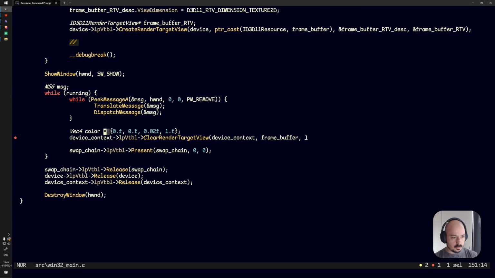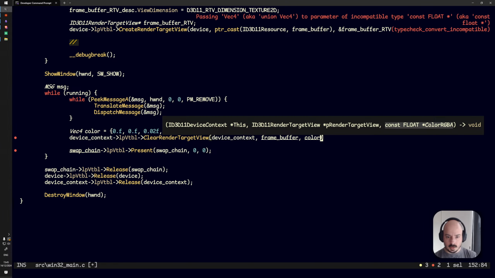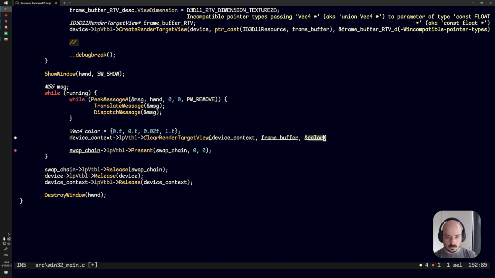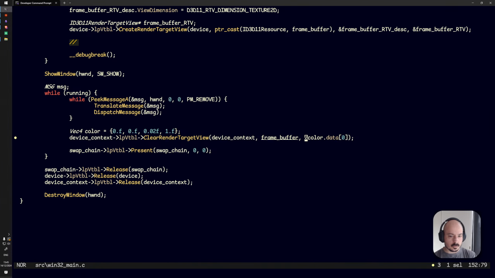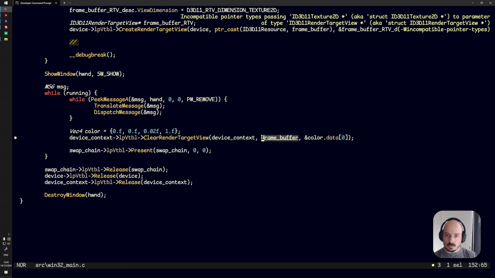What's the problem? Oh, I didn't pass it into here. Oh yeah, it needs to be color data. There you go. And this needs to be